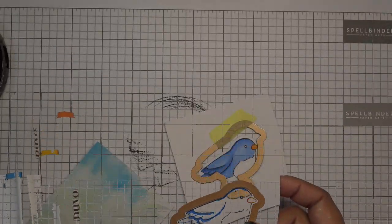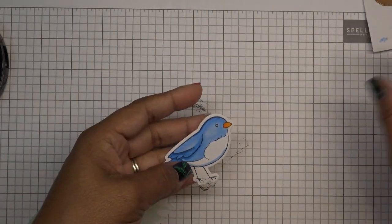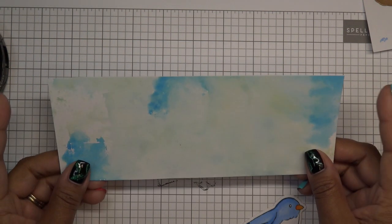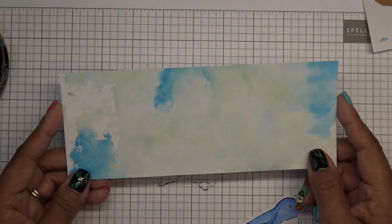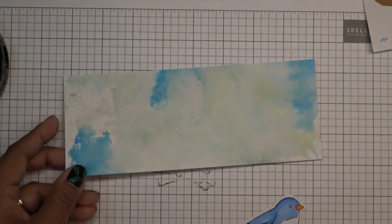I'll be right back. Okay guys, so we have our little bird, just cut out perfectly there. I did cut down this paper. It was 8 1/4 already because it must have been a European size paper that I was using. So I cut it to 3 1/4. And what I'm going to do is take